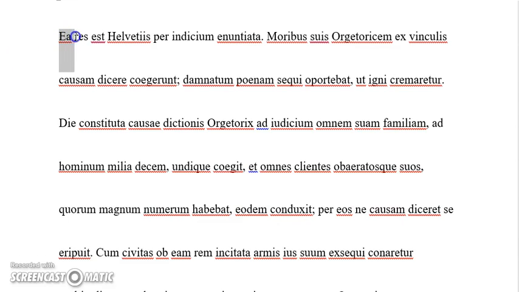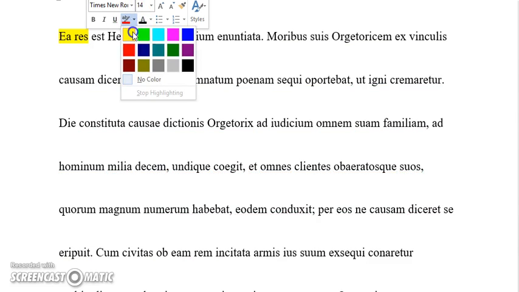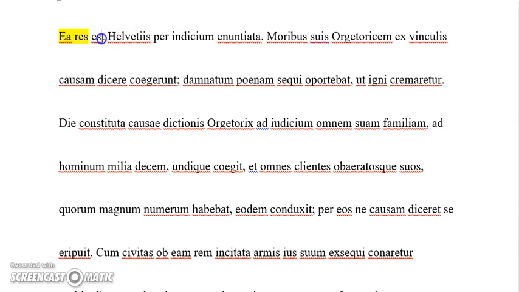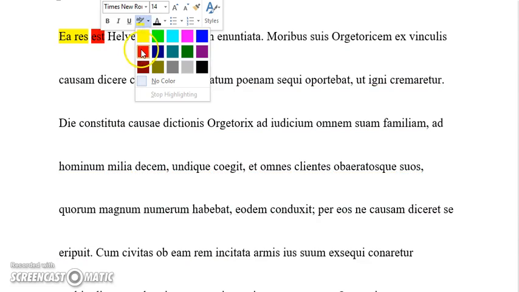Eres is going to be the subject of the first sentence. Earlier I said you should find the verbs and break it up. And as you gain more experience, you can read left to right, and just catch your verb as you need it or as you come to it.